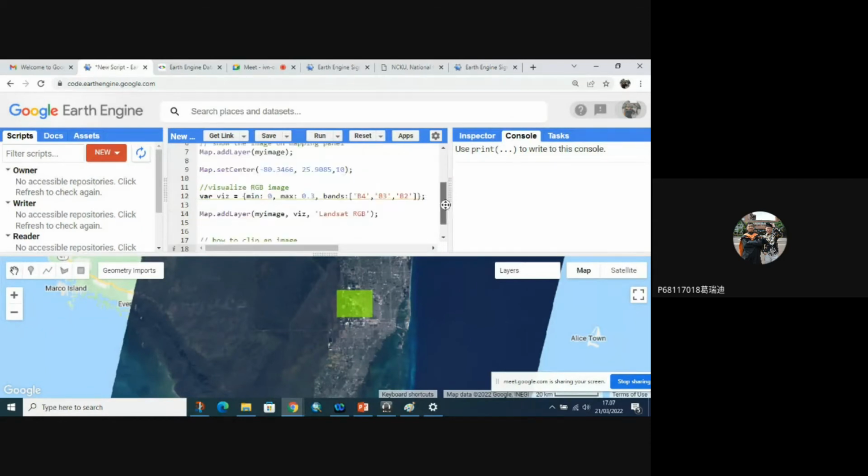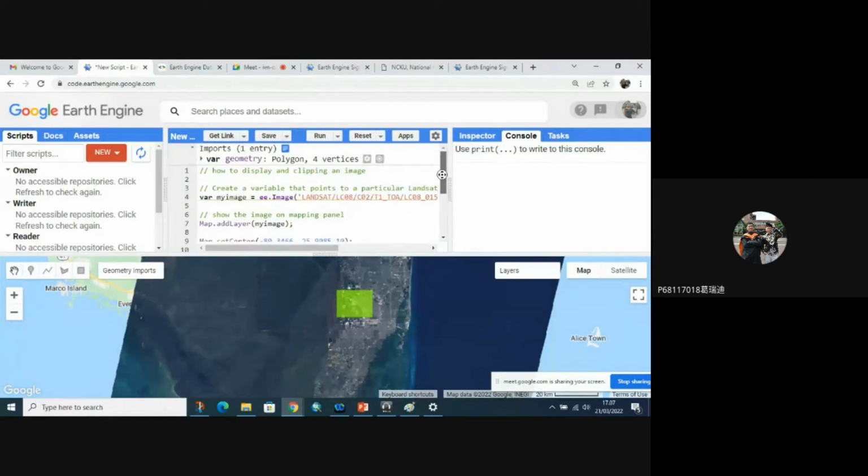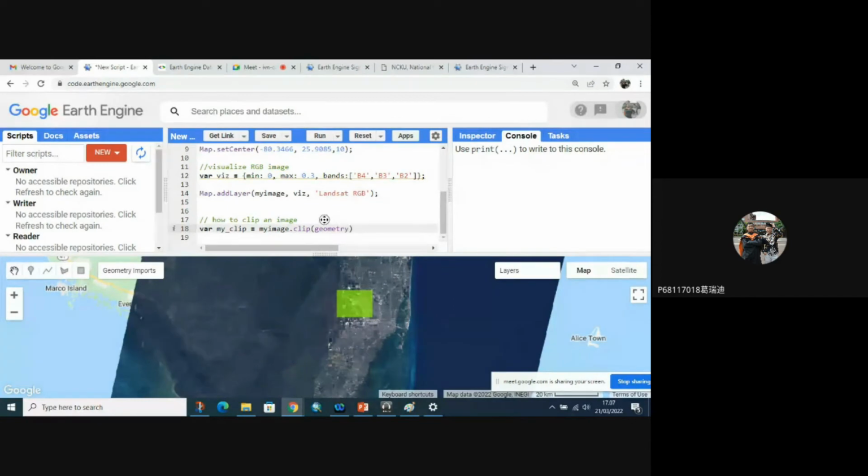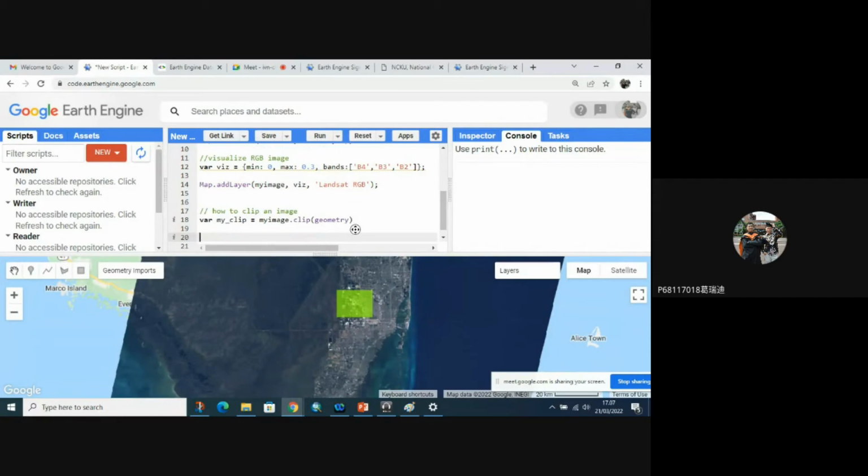Because our polygon is already named geometry, we clip with the geometry polygon, and then add a layer again to show the clipped image. My clip, and keep the name Landsat clip.